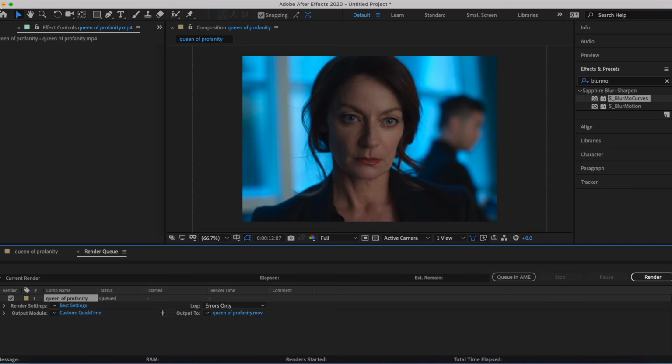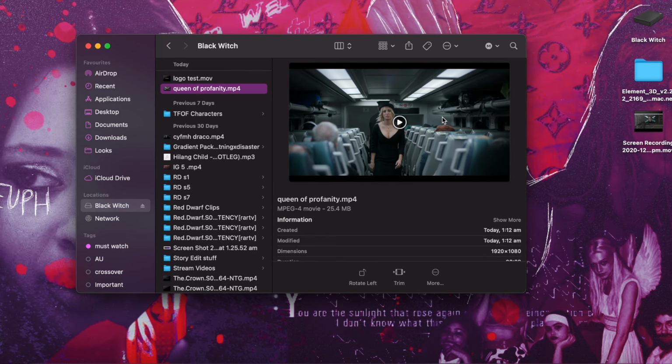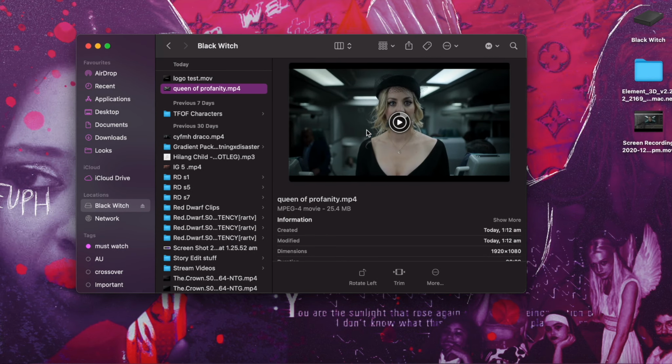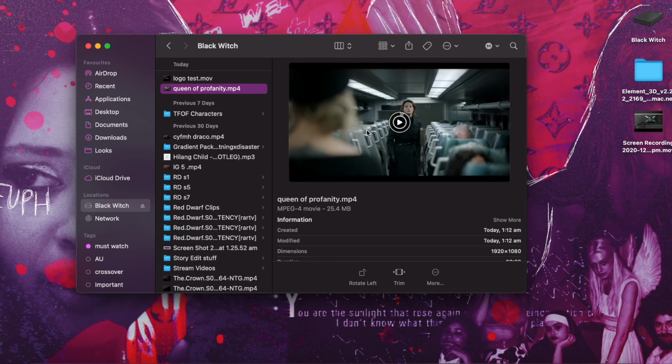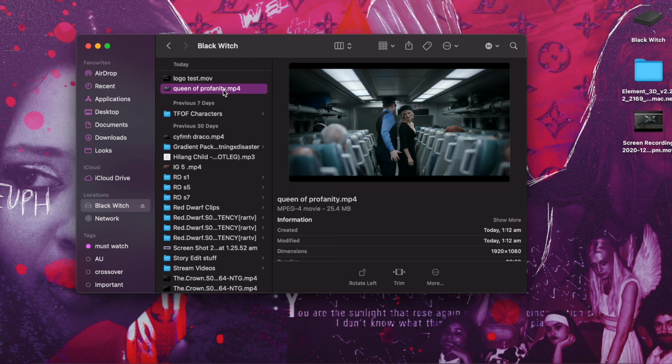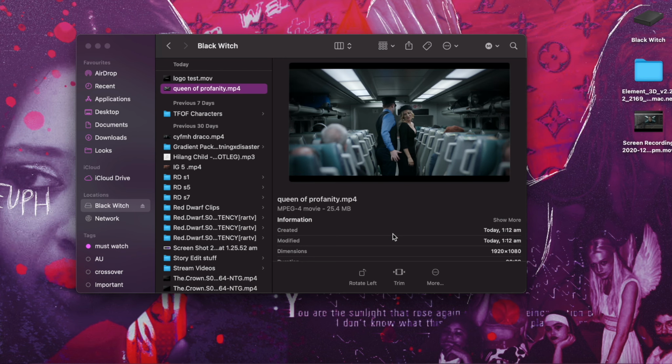You should find your file in your documents or your movies or your external hard disk if you have one. So pretend that this is the clip. We've finished this edit, even though it's a base edit, and we want to upload it onto Instagram. My first way of doing this is if you have an iPhone, you can do this thing called